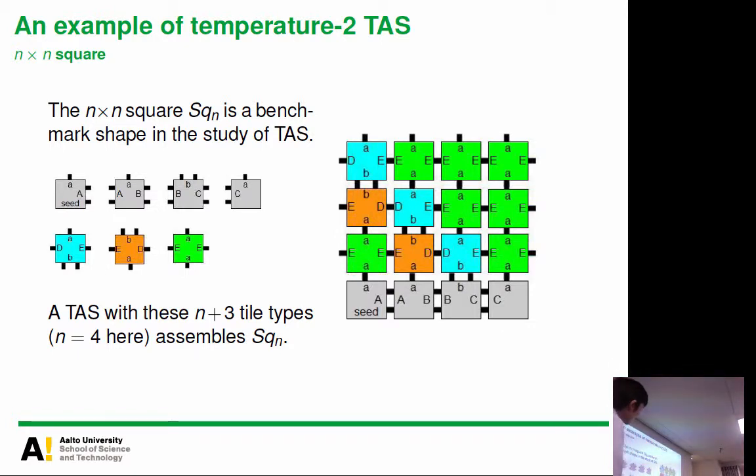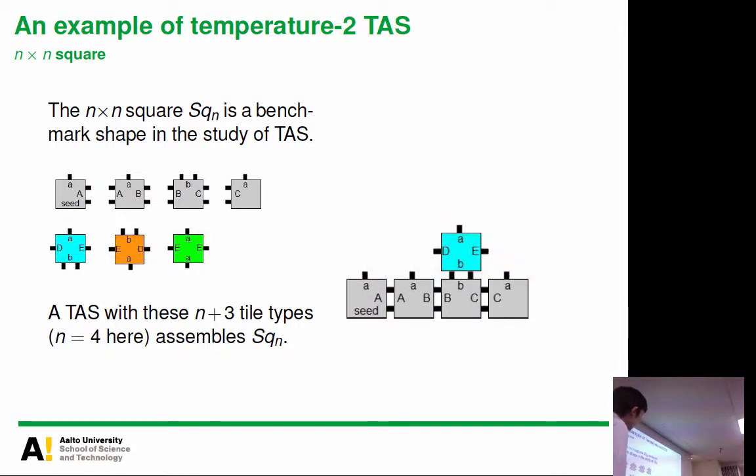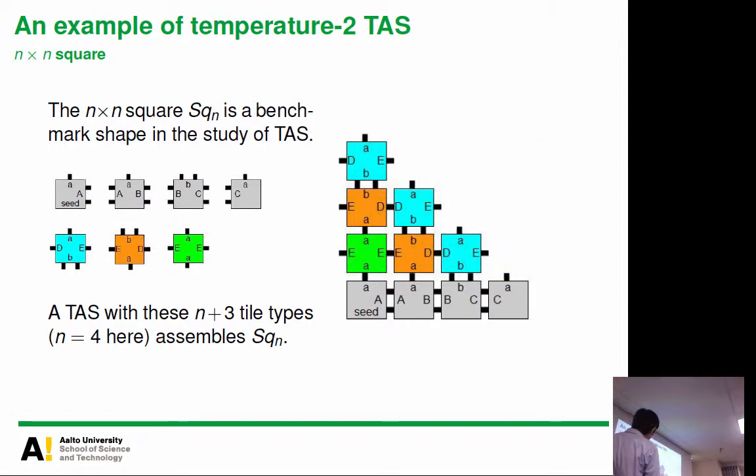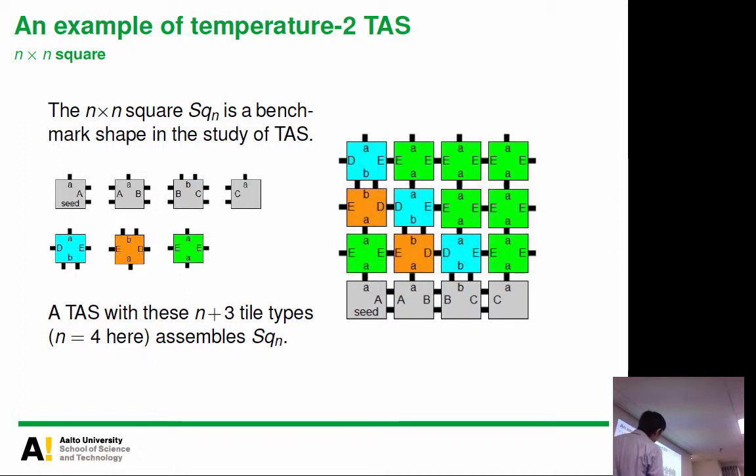Okay? So using these same ideas, we can easily see that not only for n equal 4, but for any arbitrary n, if we have n plus 3 different tile types, then we can make tile systems which assemble this n times n square. Okay, just extend these ideas. So instead of this 4 hard-coded part, we can make n hard-coded part, and then let the second rightmost ones have these double bonds, and then what happens is kind of a stair-like pattern, and then just this green one fills this part by its own.